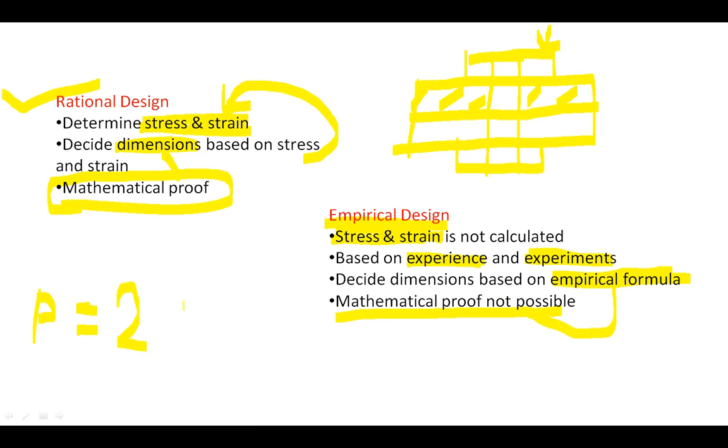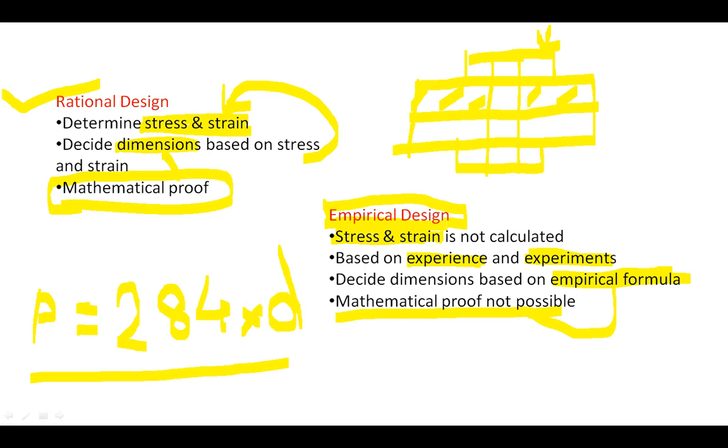284 into D. D is the diameter of the bolt. After using it many times, engineers came to the conclusion that this formula is suitable for the tightening force, but there is no mathematical proof of that. Why 284 into D? But this formula proves to be a safe formula, so we use this formula directly. So this is called empirical design.